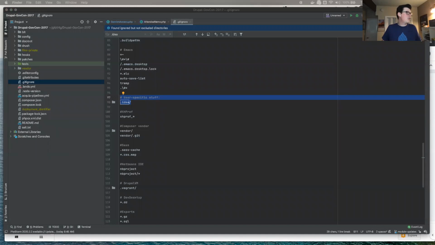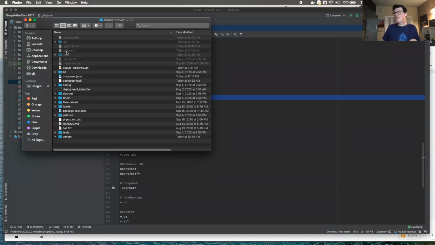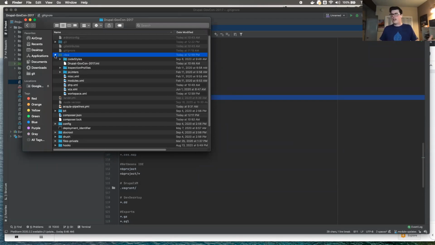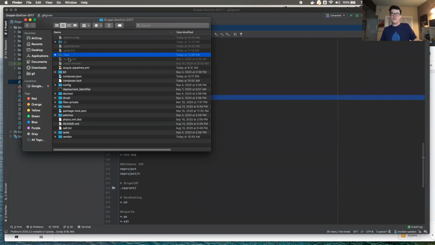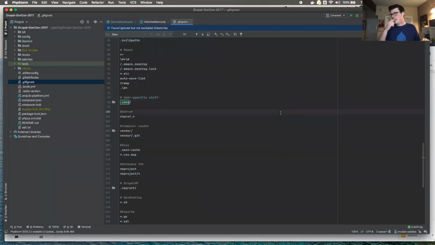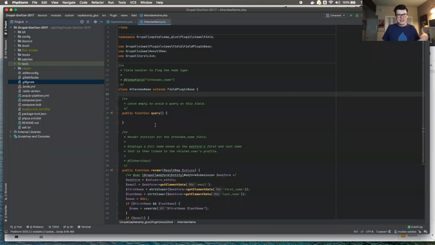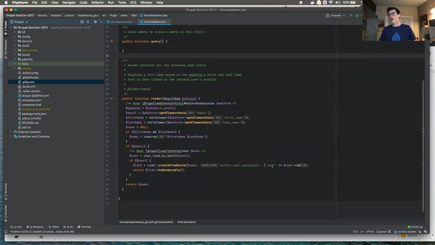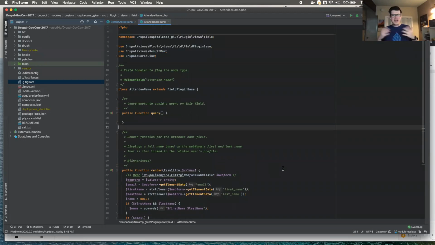Let me just show you that. In my Mac Finder here, you can see this little hidden folder. By working with PHP Storm, it is creating that hidden folder. So we've got that git-ignored so that it doesn't inadvertently crop up. Just little things like that to set up your project and your environment to optimize. Again, making sure that you're comfortable with the editor and just navigating through it.